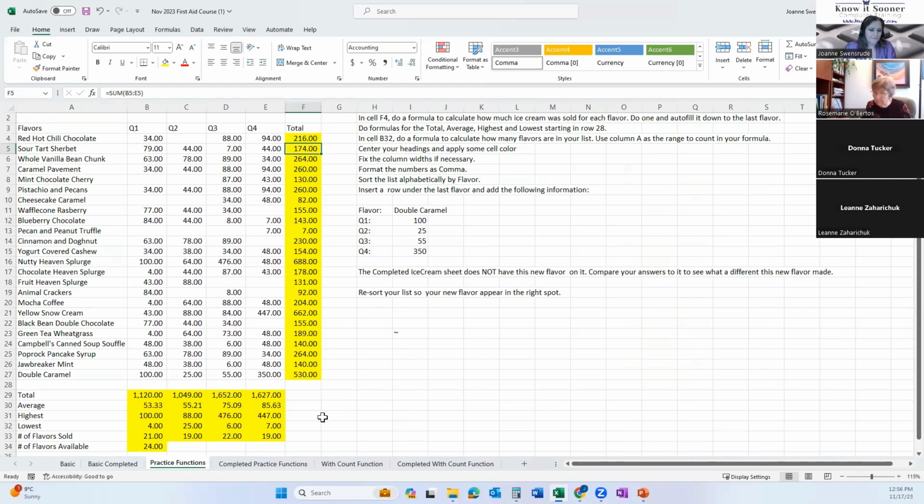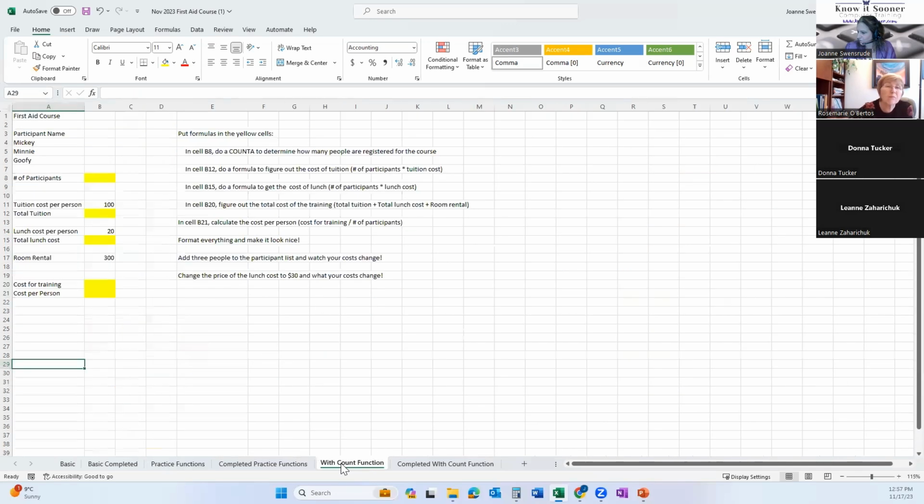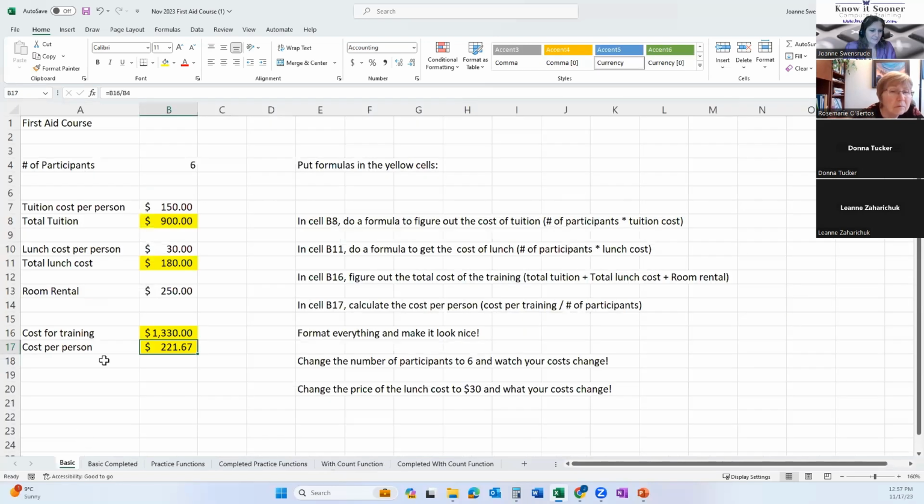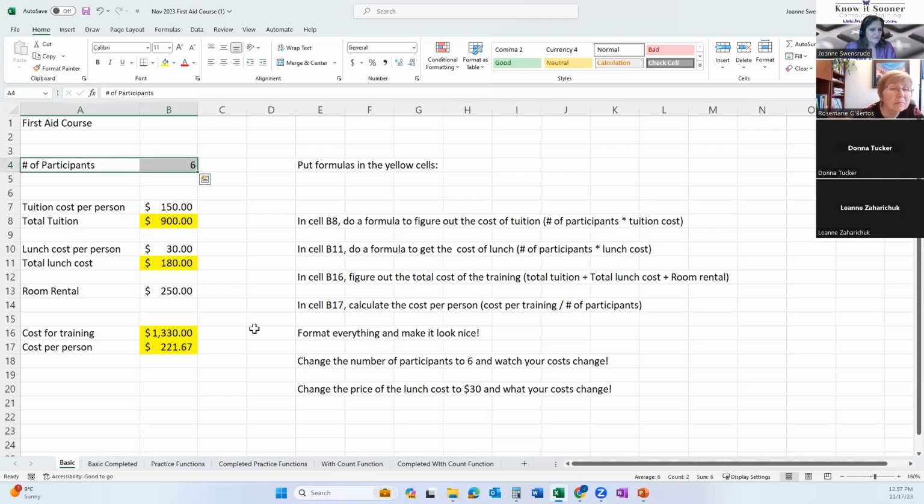All right. Last one. I have this one last one. Find it wherever. It's usually around the number 1. It's on mine, the left of the number 1 key. So find it on your keyboard. The one that says with count function at the bottom is the same one as the basic one, except the basic one has number of participants 6. Who are those participants? I don't know. Wouldn't that be nice to know? And wouldn't it be nice for it to add it up?